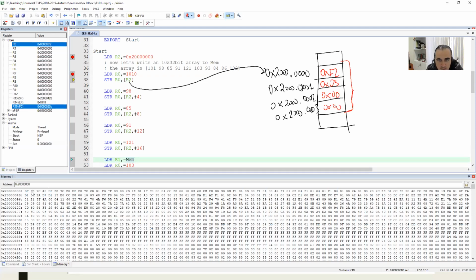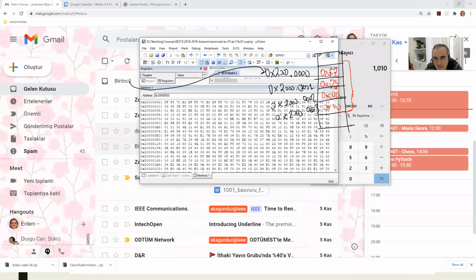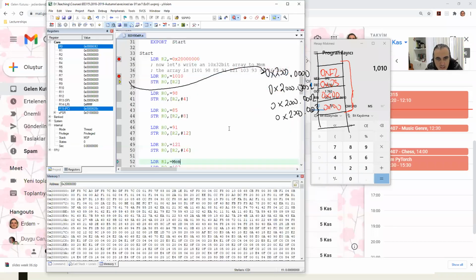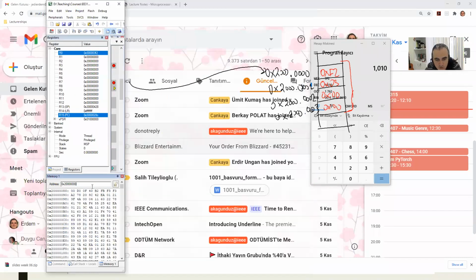This is 20 million 1. This is 20 million 2, just like this: 20 million, 20 million 1, 20 million 2. So this is the Keil representation of the memory representation we do. And Keil is fantastic in this manner. If you just move these, I'm going to be changing the screen. Be careful. So this is 20 million 1, 20 million 2,